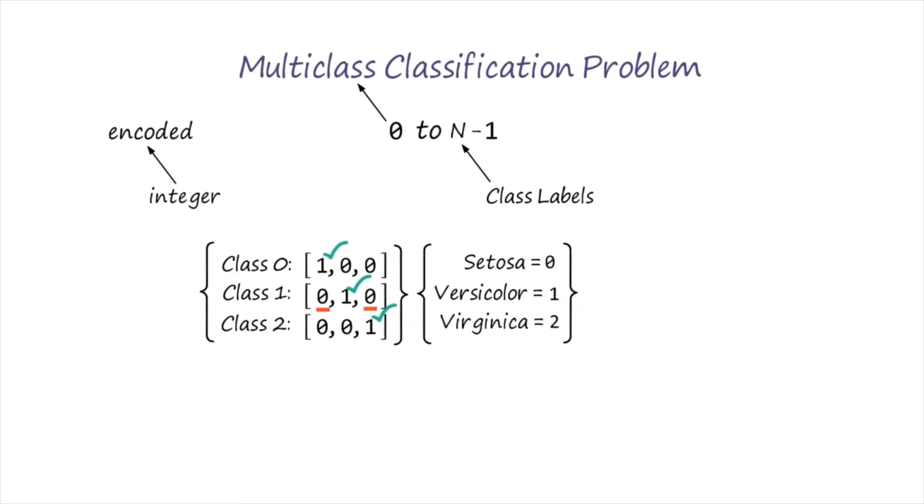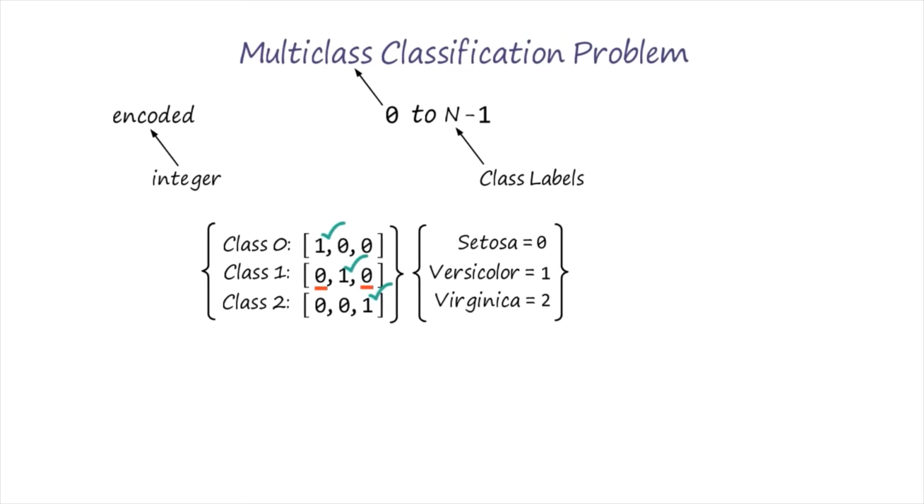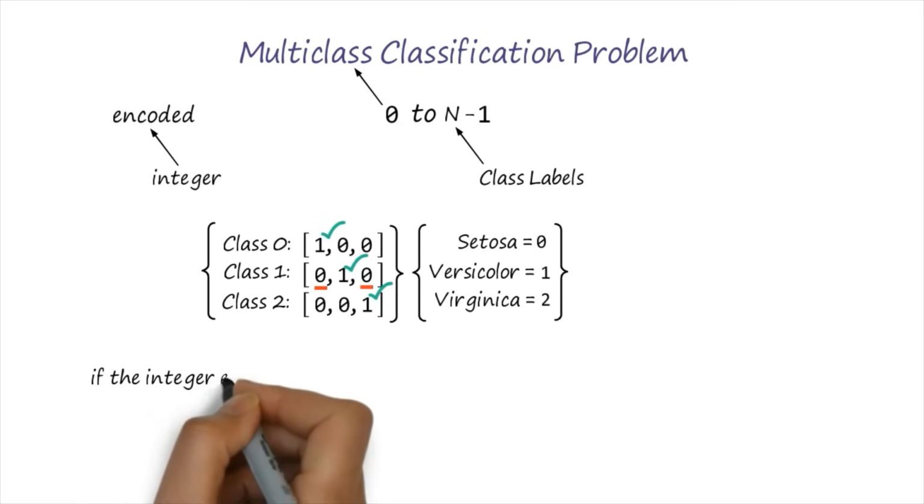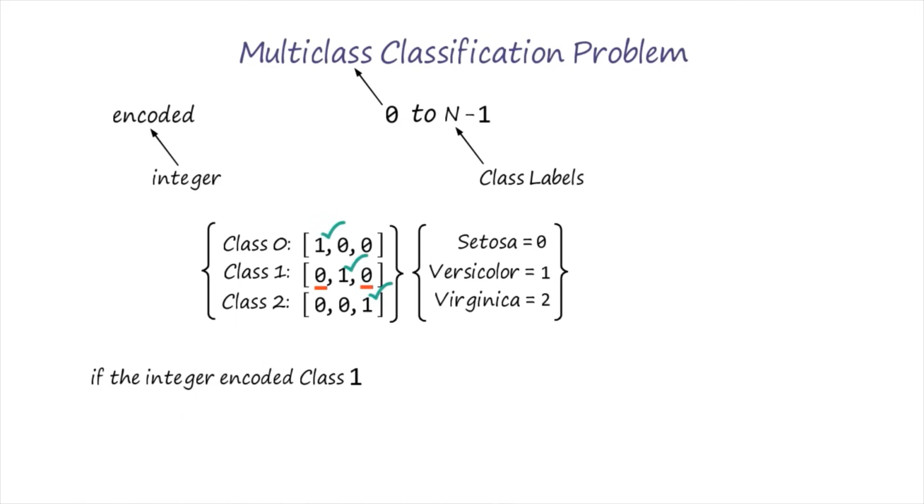Means we are talking about weight assignment. So for an example, say we are talking about integer encoded class 1, and we are expecting to give some weightage to this class 1. So this class is 0, 1, 0 class. Now how will this softmax output look? If I apply the softmax activation function, my objective is to put more importance